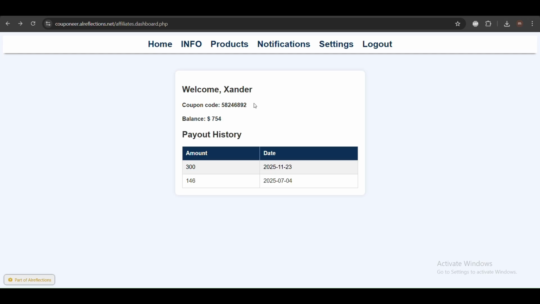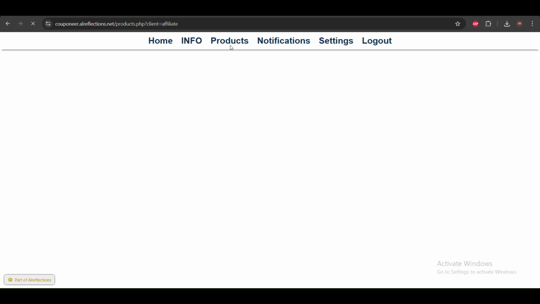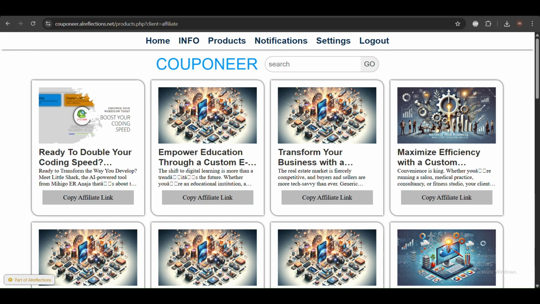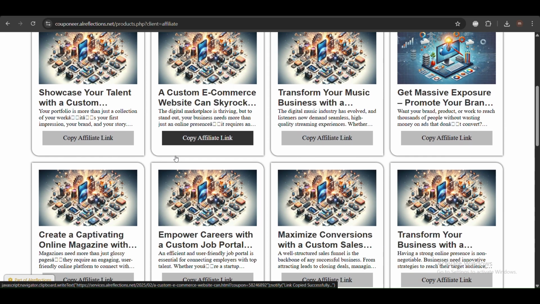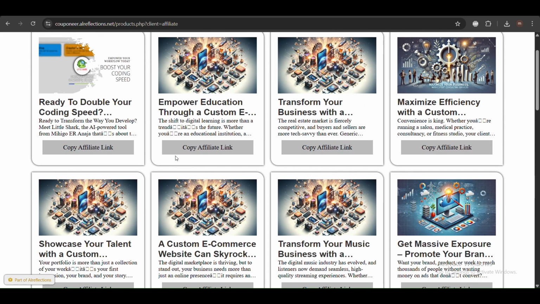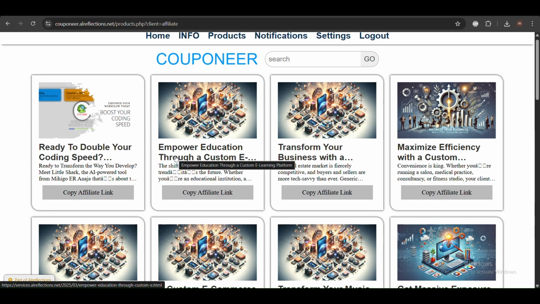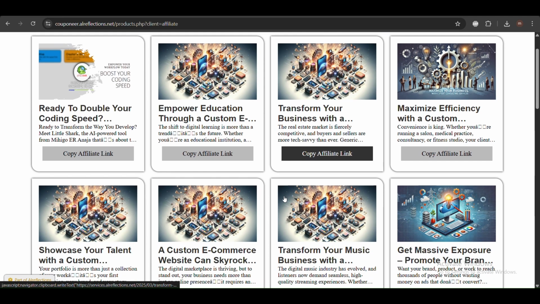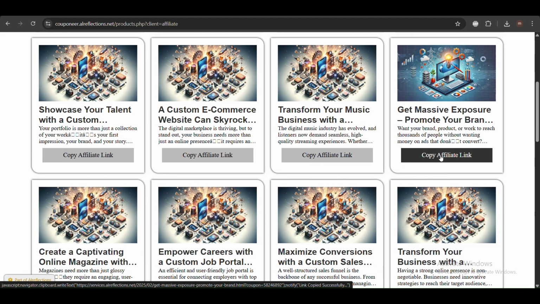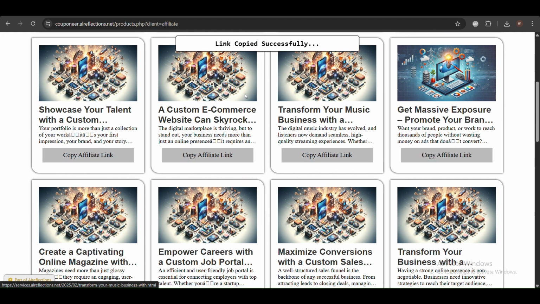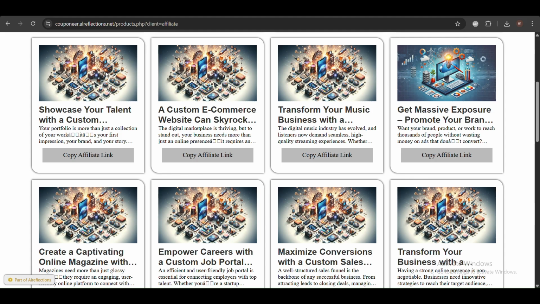you log in. And all you're gonna do, you're gonna go to products, and you will just scroll to see which products align with your audience most, and try to copy the link just like this. Let me find something else. Let me copy this one, and then you will go to your social media you want to promote your products